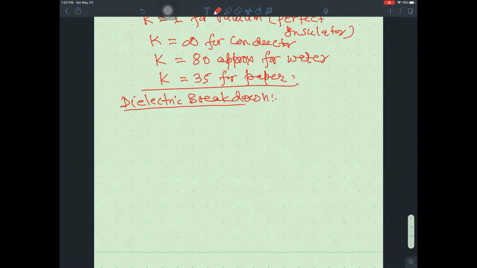This term has to be understood very carefully. It will be very helpful in understanding the behavior of dielectric. Suppose there is a dielectric, and this dielectric is kept in an external field, and that external field is E0, and there is a reduced value of electric field inside the dielectric. If we consider that this distance is D,